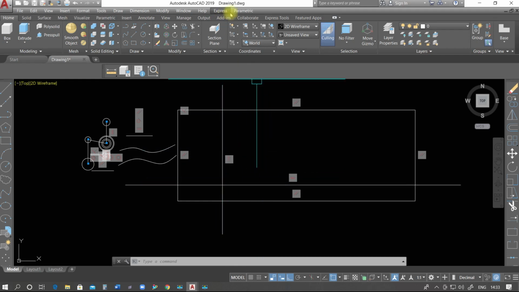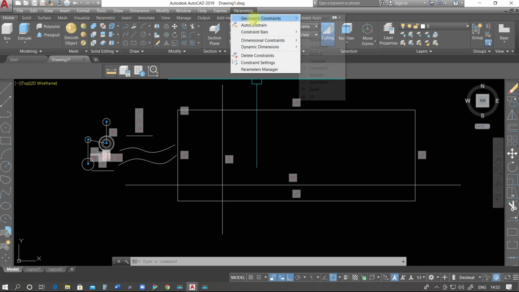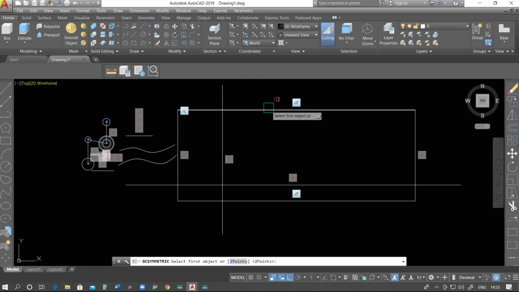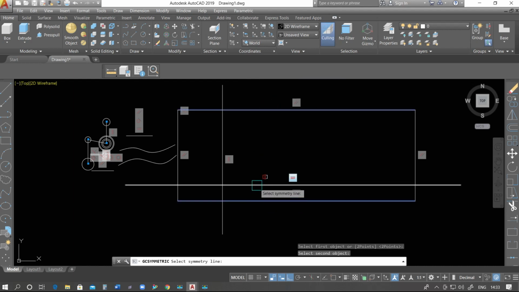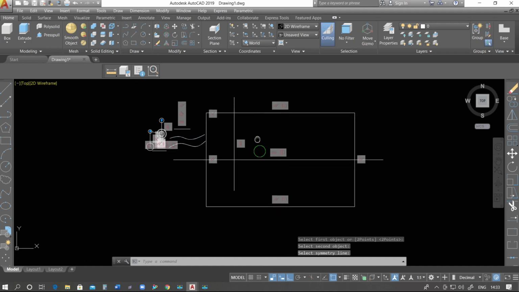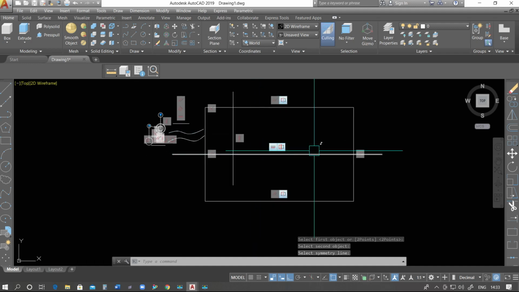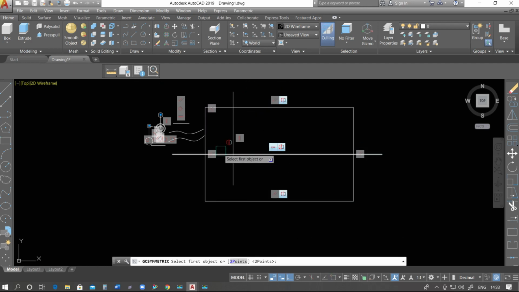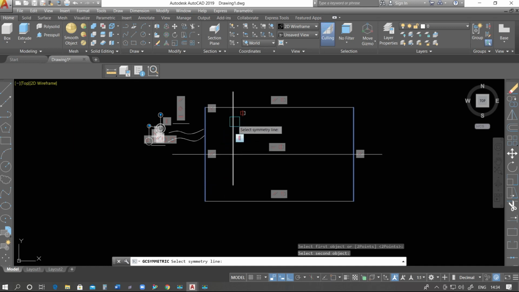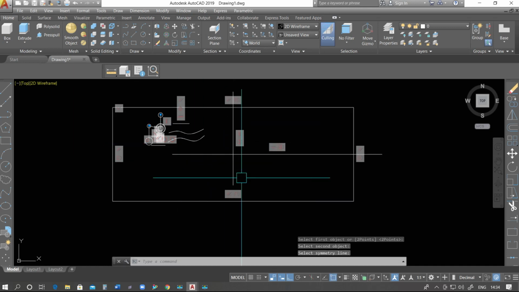No, I have to make it symmetric. How to do it? Go to parametric, geometric constraint, there is the option symmetric. Select this one and then select this center one. See, now this rectangle is symmetric with this line. Now again select this one and lastly this axis. So this is how to use symmetric in AutoCAD software.